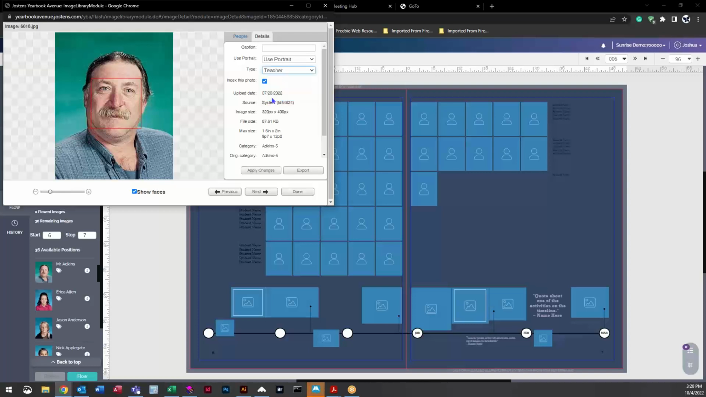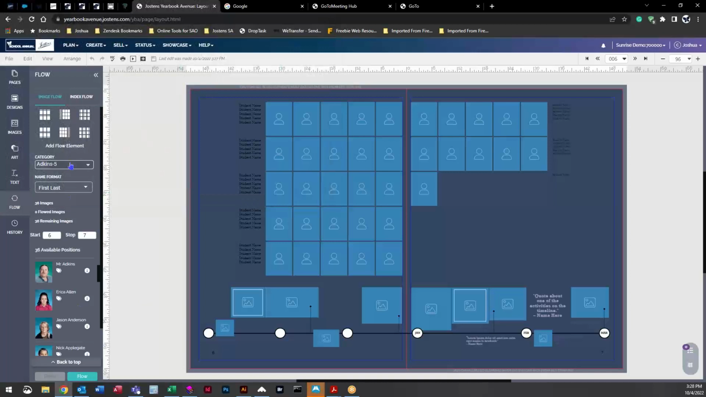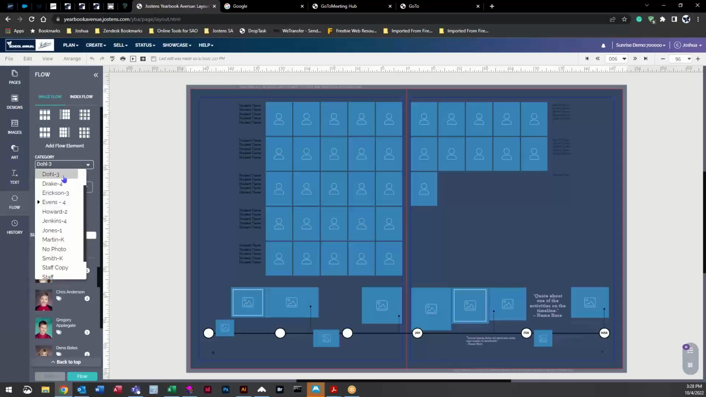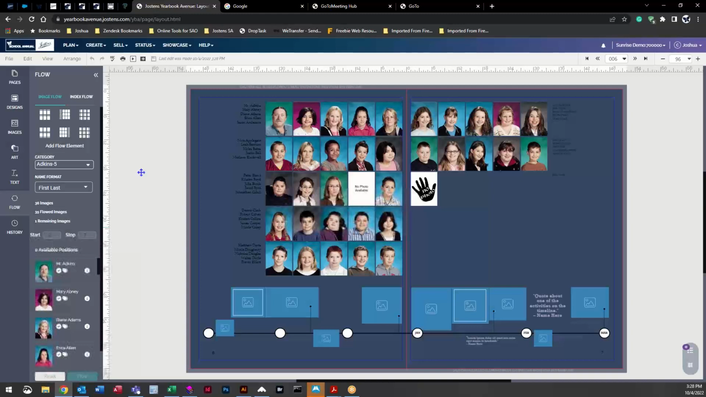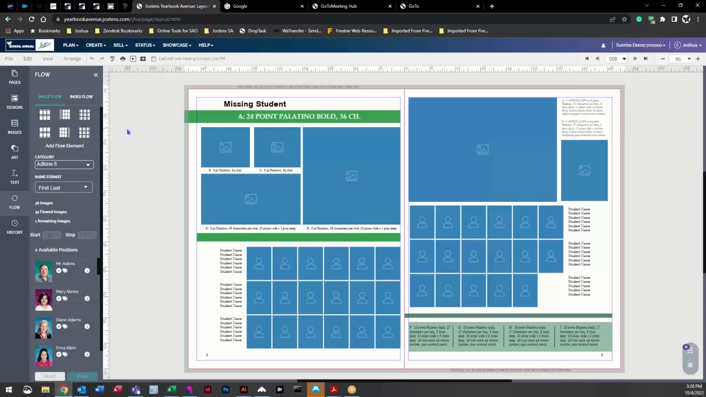So we're going to select teacher, apply changes, done, and then usually just clicking off and then clicking back on. Right there, you will see now he's at the top. Then just hit flow, and then there we go. He's the second person. Probably, yeah, it's going to be the same issue there. Now, what's the other one? Okay, so next,